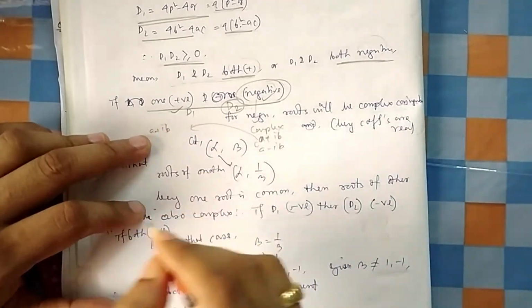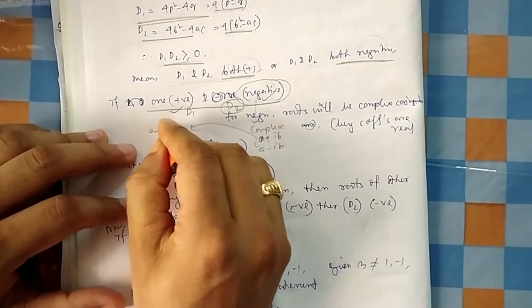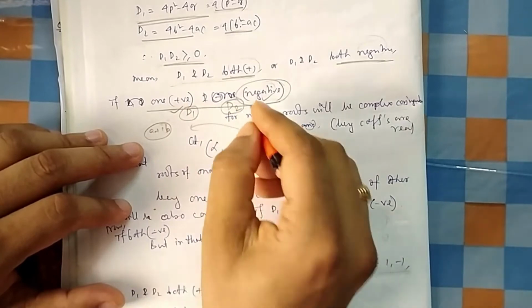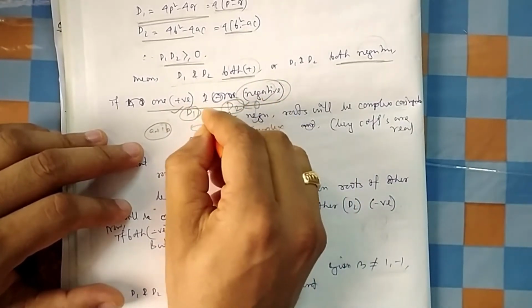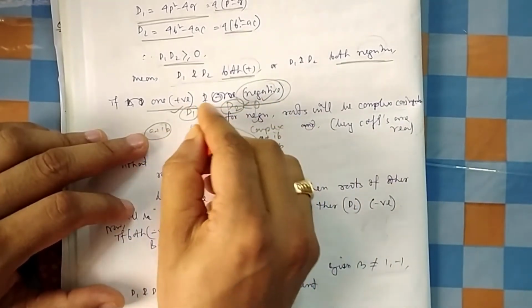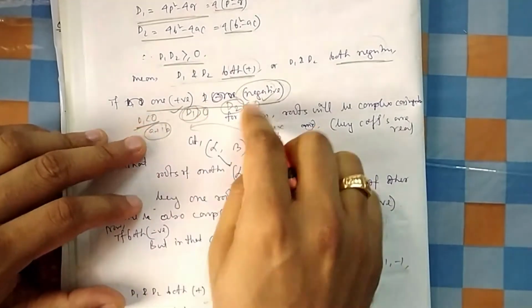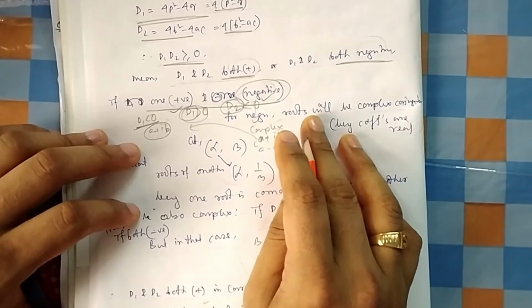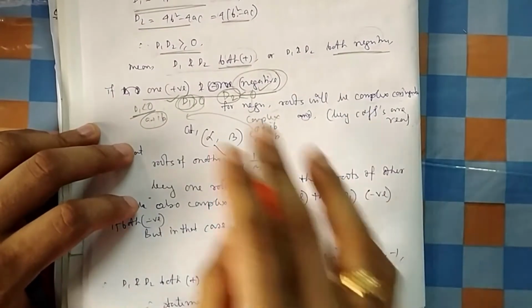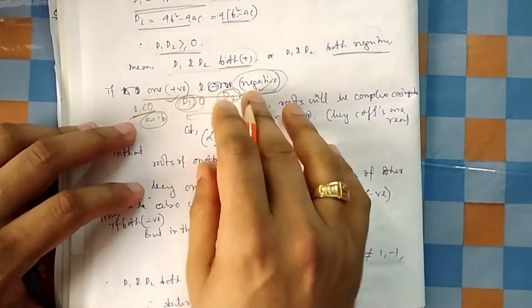Now if the second one also has the root a plus ib, because it is complex, the discriminant I considered as negative and positive cannot be so. Because there is a complex root, this D cannot be positive, so it should also be negative. So one positive, one negative cannot happen. Till now, I cannot prove them wrong.